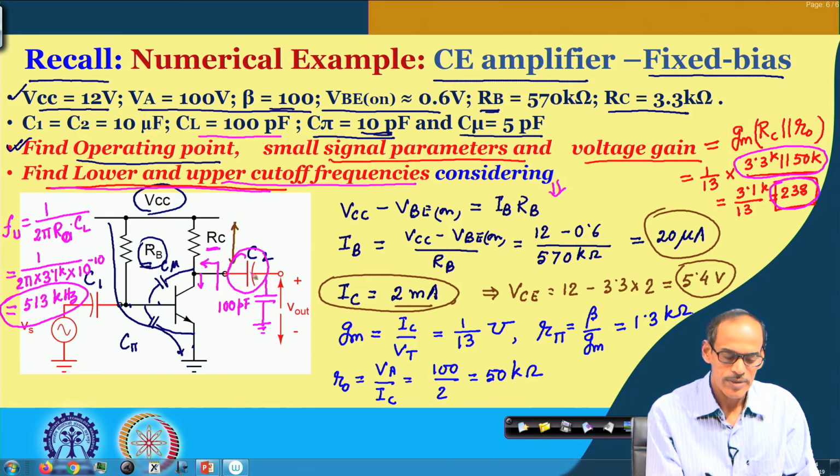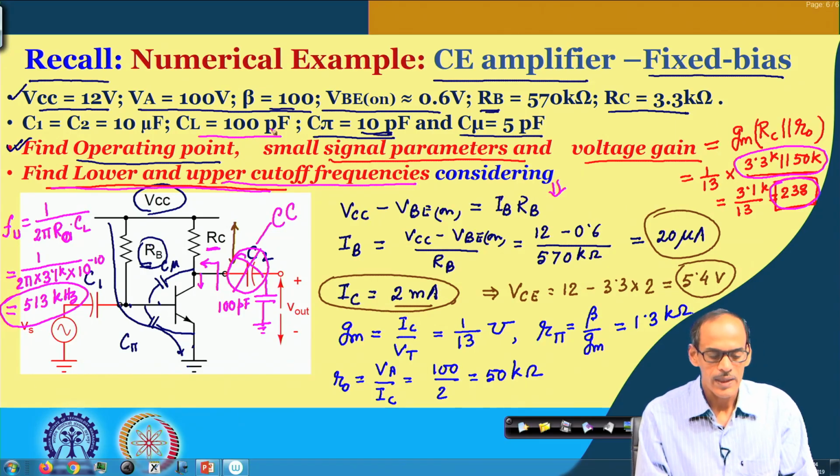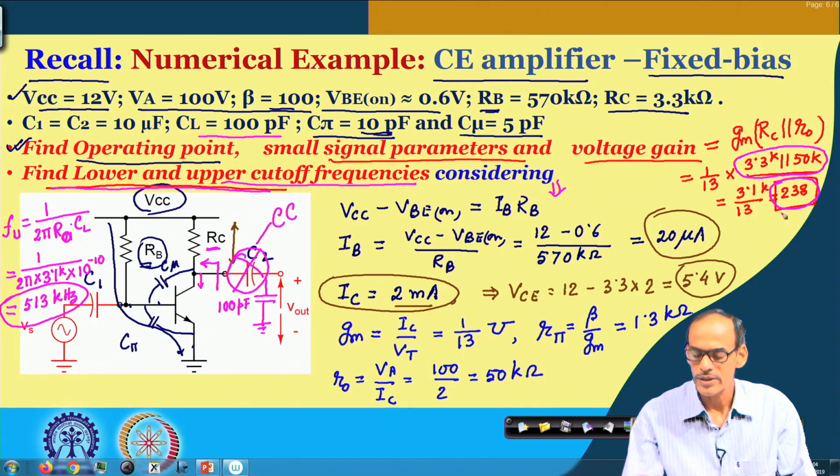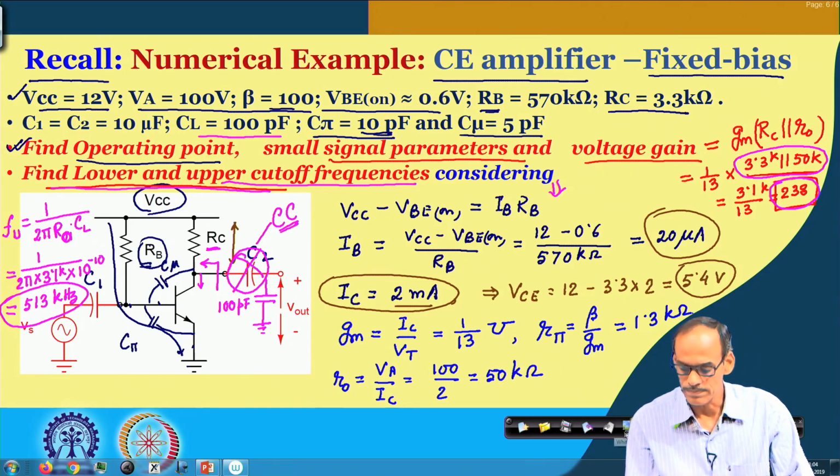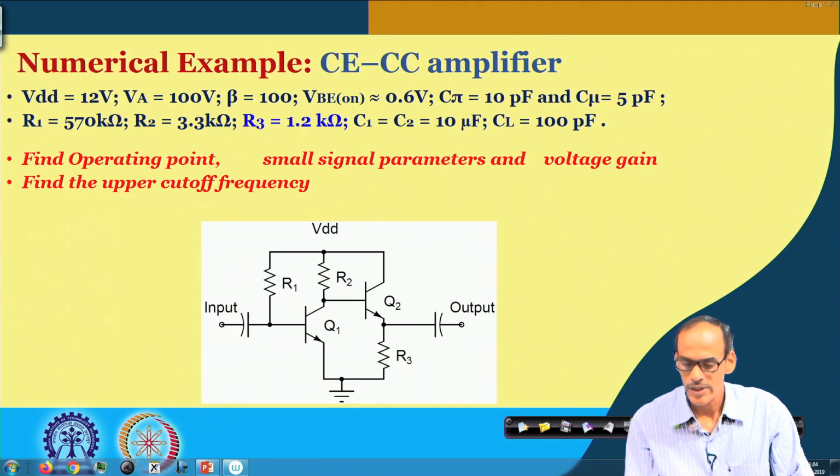Now, the exercise we are going to do is that, instead of putting the capacitor here, we will directly put a CC stage here, and keep the rest of the things the same. Then we will see how the bandwidth is getting extended by putting the CC stage there. In the next slide we have the CE followed by CC,